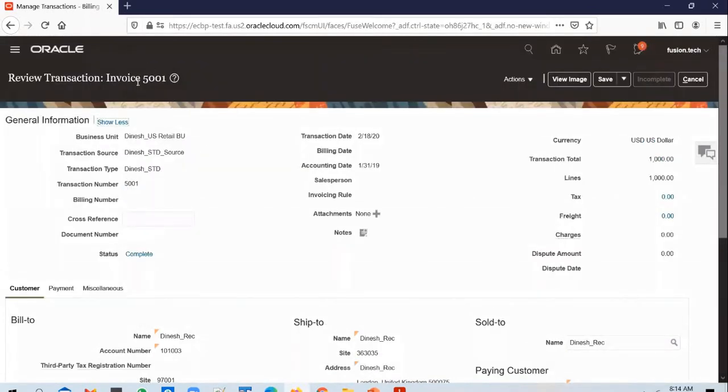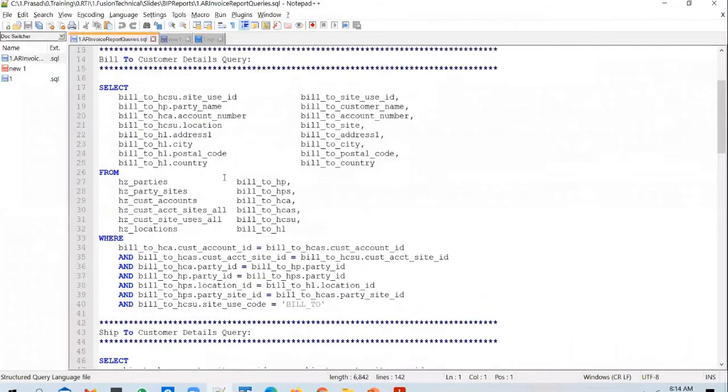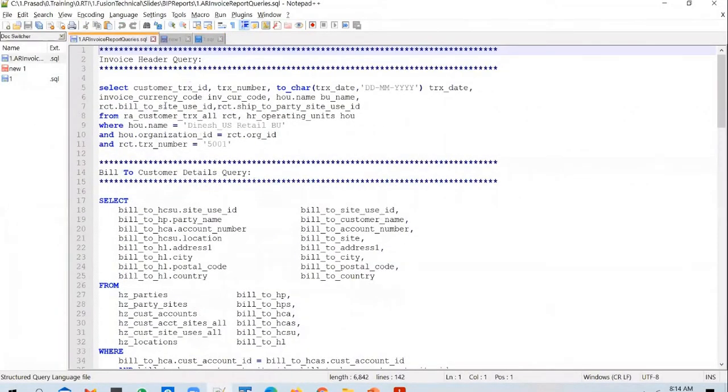That will not be stored in the invoice table. Instead, what you will have in the invoice table is a couple of reference columns. So in the invoice table, you have a bill to site use ID, you will have a bill to ID, and you will have a ship to ID.